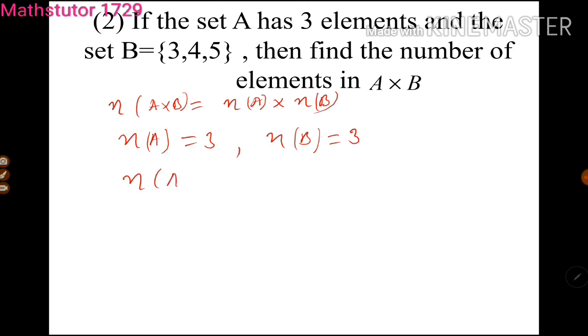Now A cross B is 3 into 3, which is equal to 9. So the number of elements in A cross B is 9.